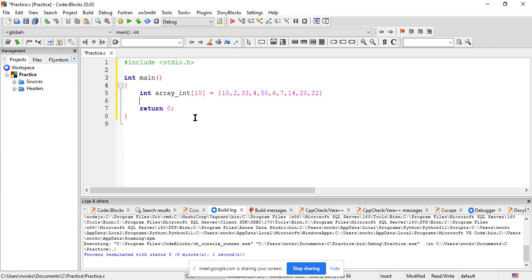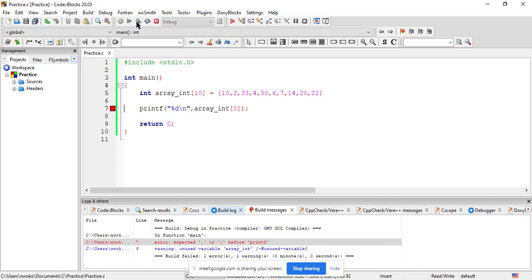Okay, so we're going to use printf as usual, %d. This one deals with integer. Okay, so %d comma, then I'm going to call the array and specify on which position I want to print out. So if I say array 0, that means I'm expecting to print out this 10 for me. So let's try this. So if I print this out,